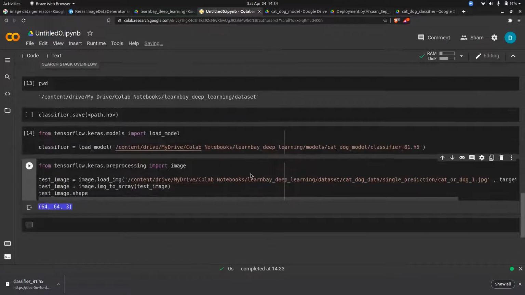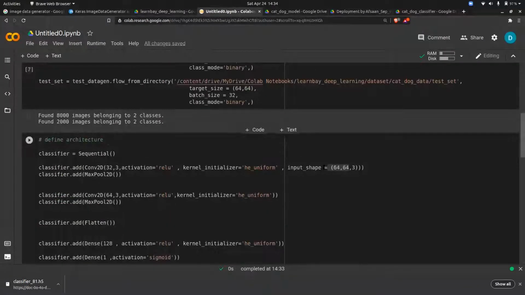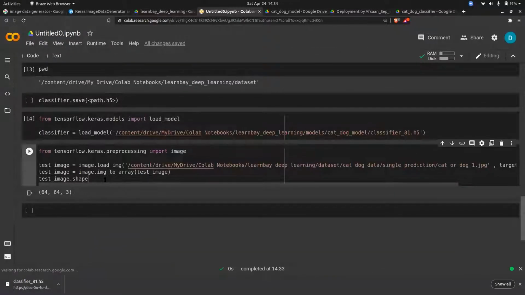Okay. So any doubts here? The image size on which you want to do a prediction is 64, 64, 3. And the size which you have trained is 64, 64, 3. So this is right or wrong? Right. But one more thing we have to take care of, and that I have told you. What is that?